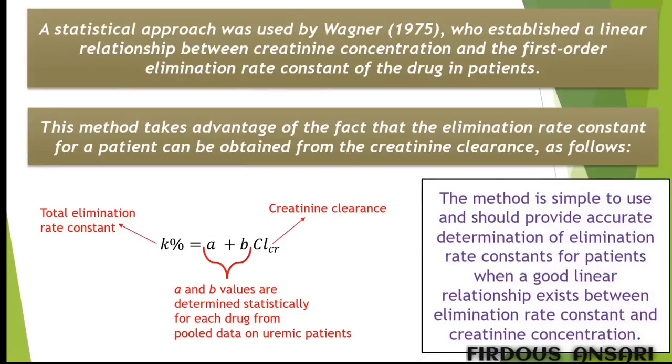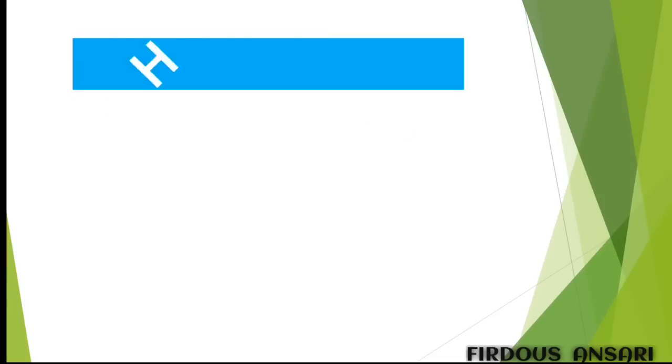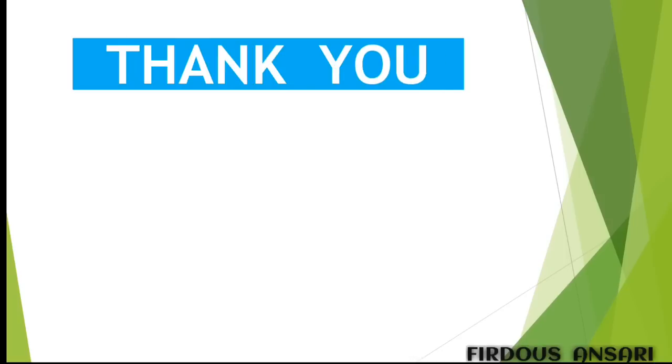The method is simple to use and should provide accurate determination of the elimination rate constant for patients when a good linear relationship exists between the elimination rate constant and the creatinine clearance. So this is about the Wagner method, and these were the various methods by which we can do dosage adjustment